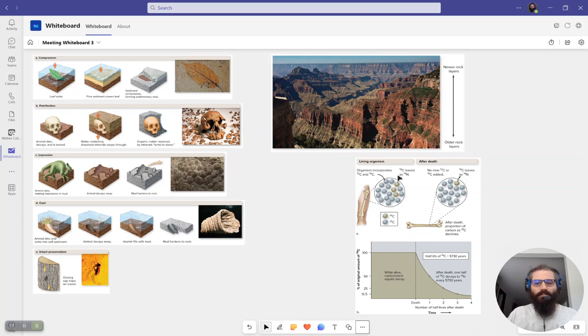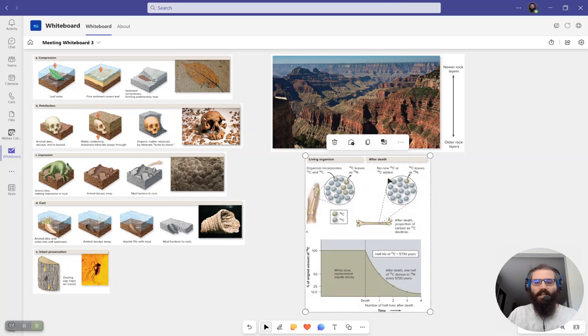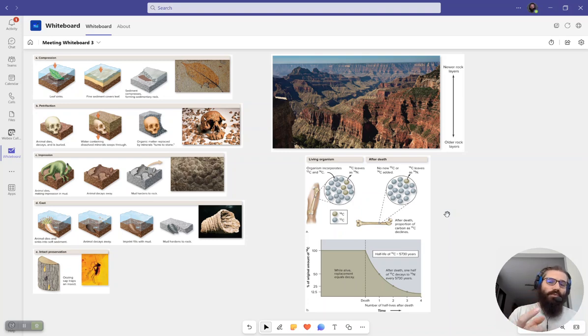Absolute datation relies on the carbon-14 to carbon-12 ratio. I send you back to your BIO111 lessons, but carbon-14 is an isotope of carbon-12. Carbon-12 is a stable isotope. Carbon-14 has 2 more neutrons for 6 protons, so it's a 14 instead of 12 in terms of number, atomic number. No, not atomic number, that is still 6, but in terms of weight, it's 14.